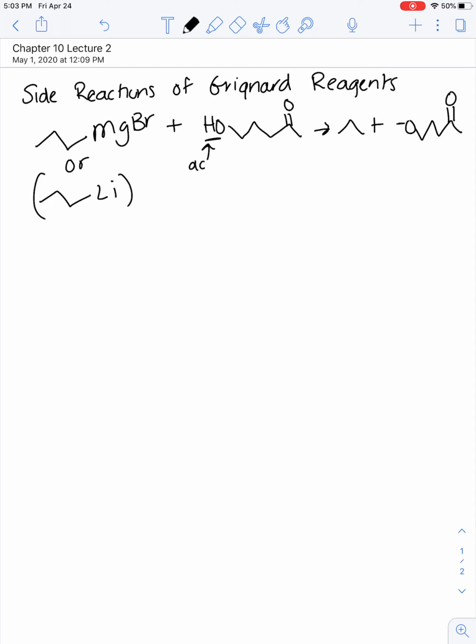So this hydrogen here, we know from earlier chapters, is going to be our acidic proton. So what you'll notice when you're looking at the products is that we actually have no carbonyl addition. So this is really common when you have the presence of a protic compound, such as